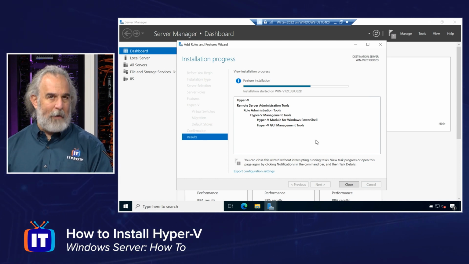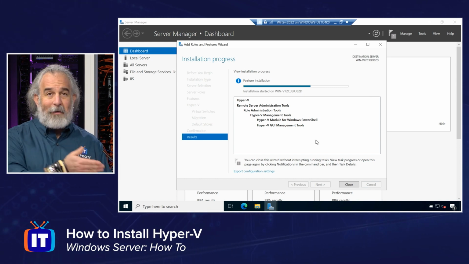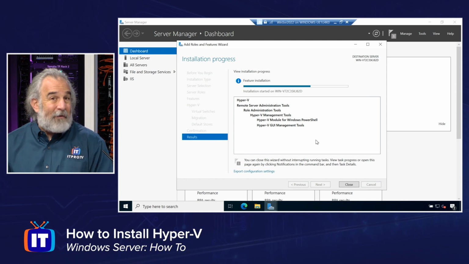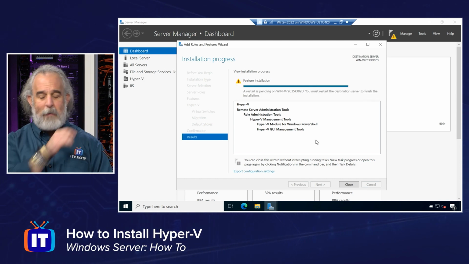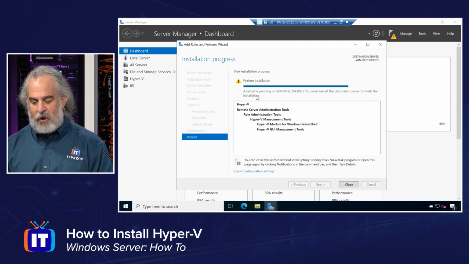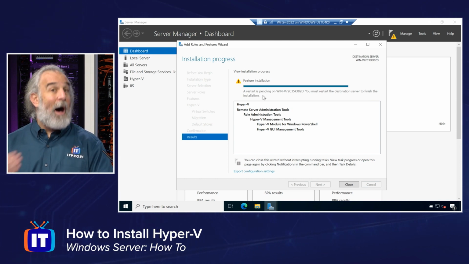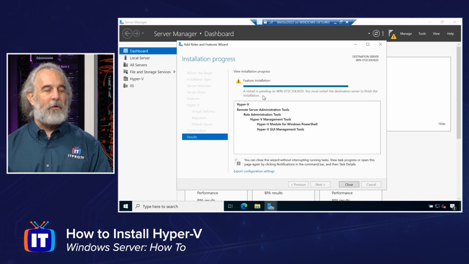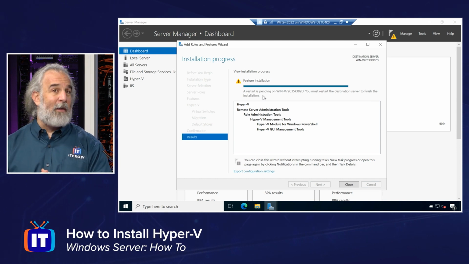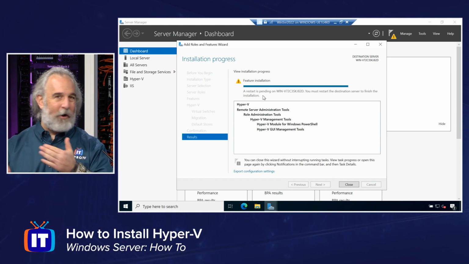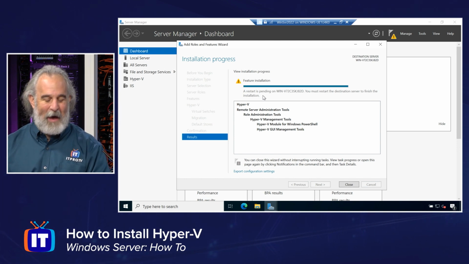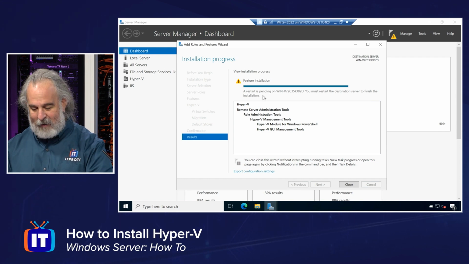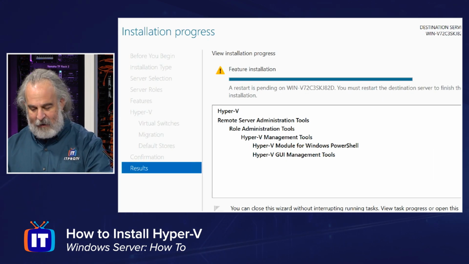Once this is done, we can actually then go in and open up the Hyper-V Manager, and it will look exactly like it did in Windows 11, except it's now running on my virtual machine in Server 2022. Now you'll see here, feature installation complete, but a restart is pending. I know this particular installation requires a restart in order to finalize, but we're running a virtual machine. We don't want to restart the VM, have it pop out of the window, and have to wait for it to come back up in order simply to log back in to see this. But I'm just showing you that that is the case.